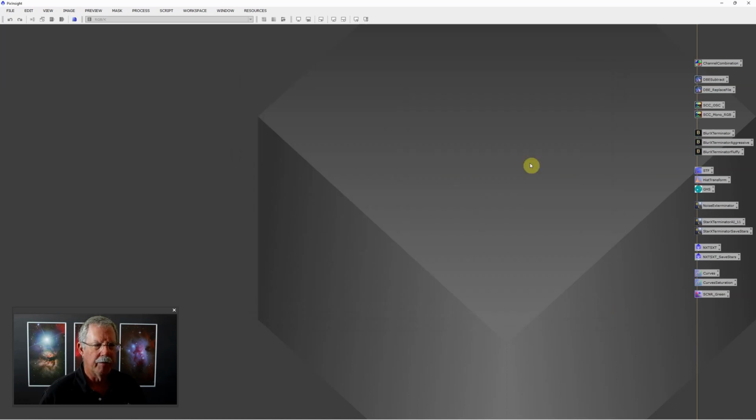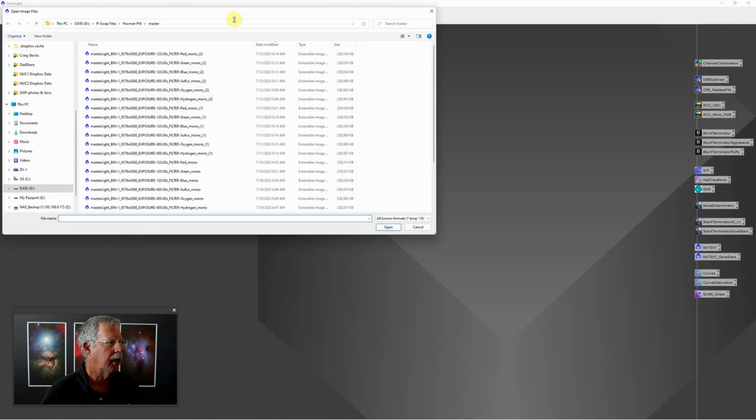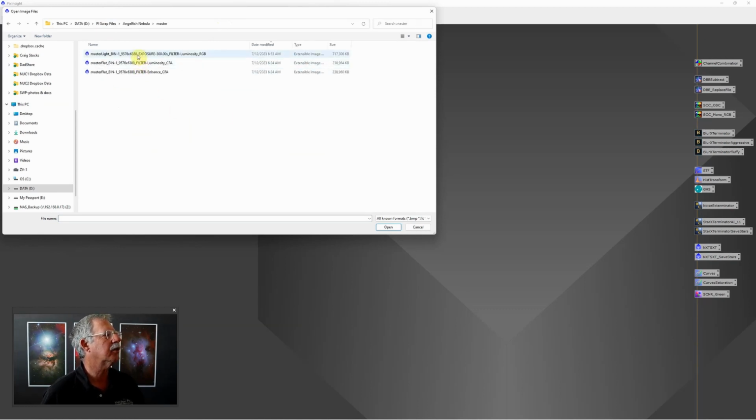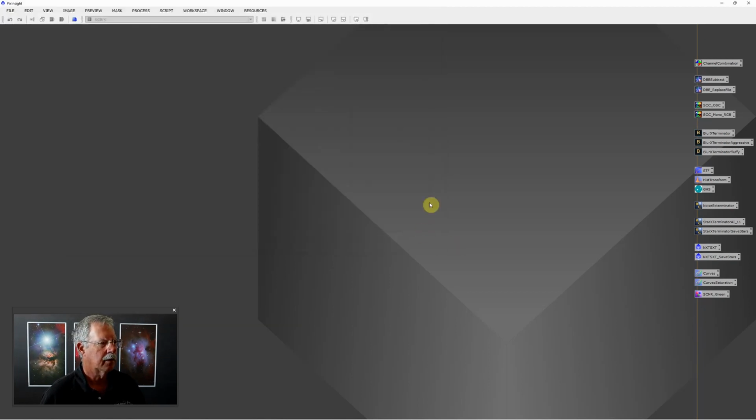Now, to open the file that we want to look at, and this is kind of the fun part, I usually just double click here on the background and the open dialog comes up. We just navigate to the folder that we used for our swap files and to the folder named master, and this has master lights and master flats, and it's the master light that I want. Click open,